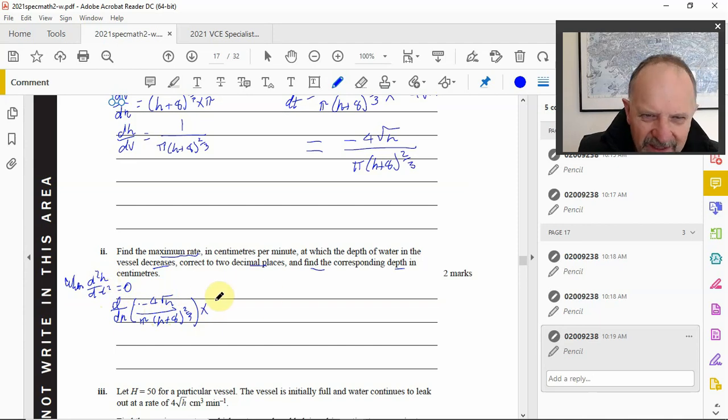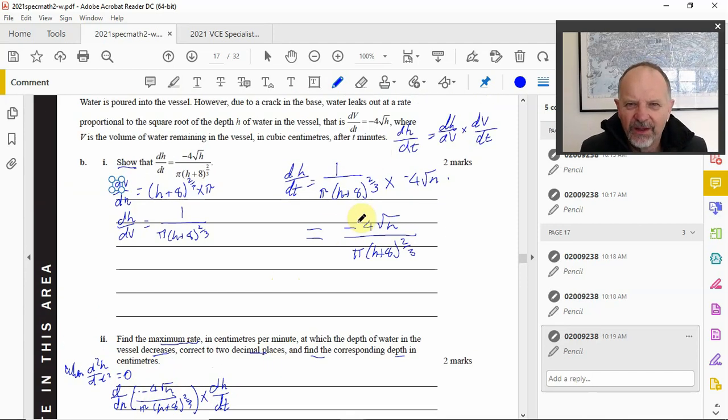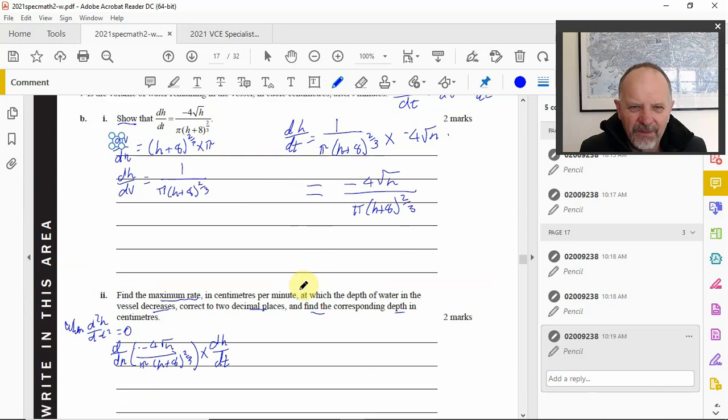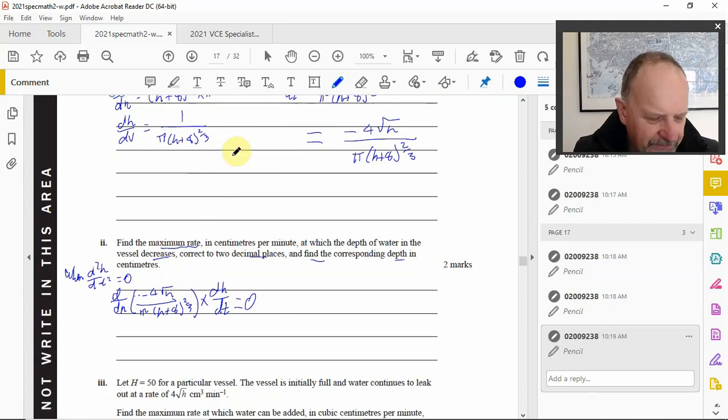Because we want t squared, well, we need dh/dt as well. And dh/dt we know, because there it is there. So that derivative, all right. And what we need to find out is when that's equal to 0, we don't need to know what h is. All right, and so when you do that on your calculator,